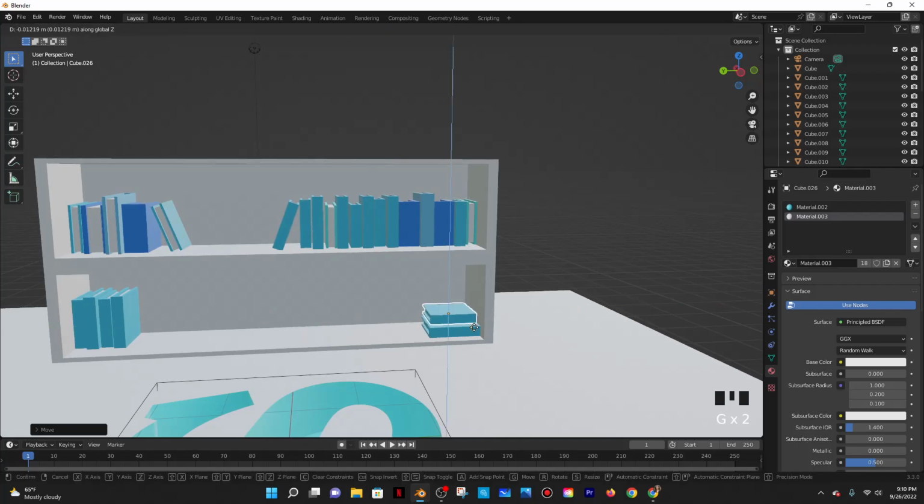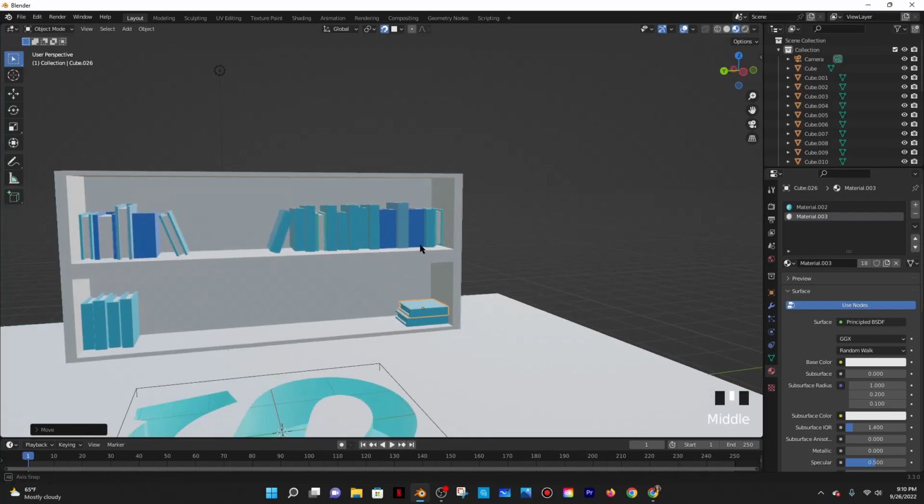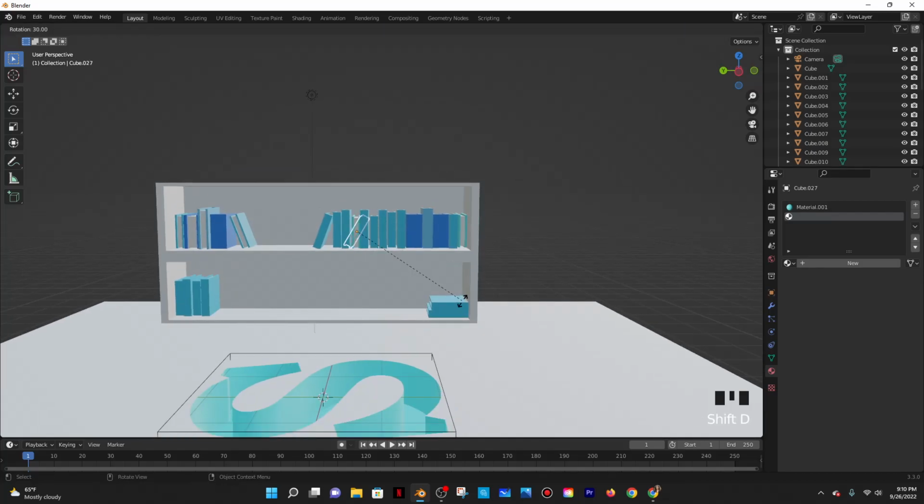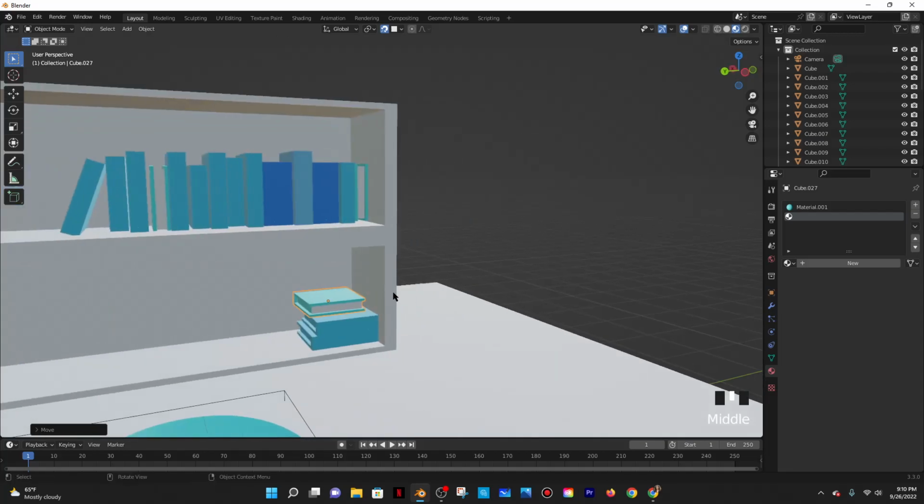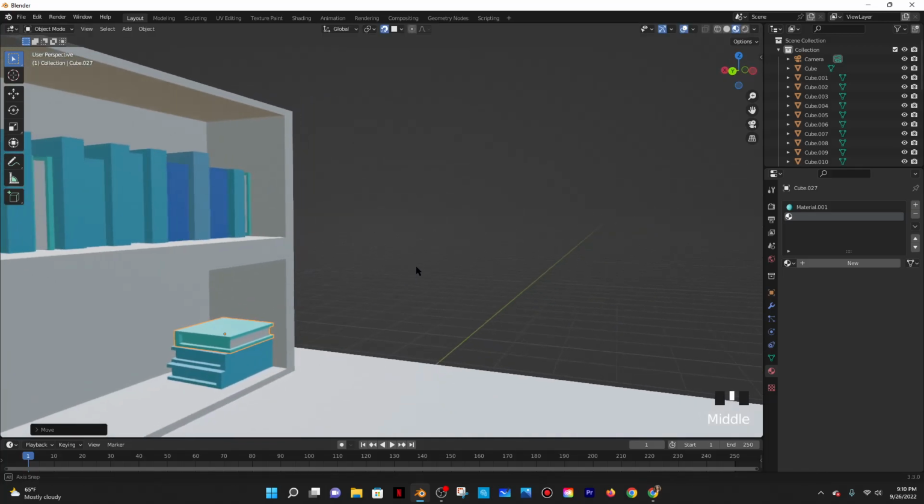So right there. All right, and then I'll probably take this one and do Shift D and then R Z 90. No, X. I keep making the same mistake. And then just putting that there. Something like that. GY. That's good. GX